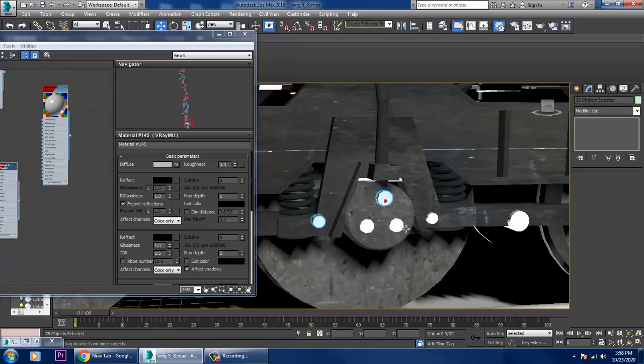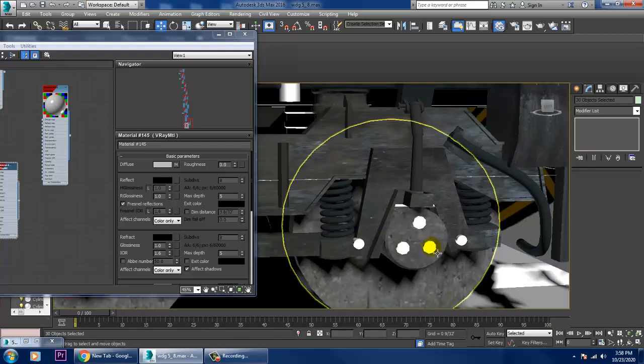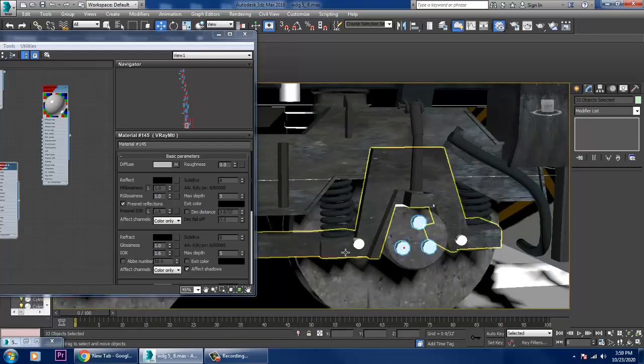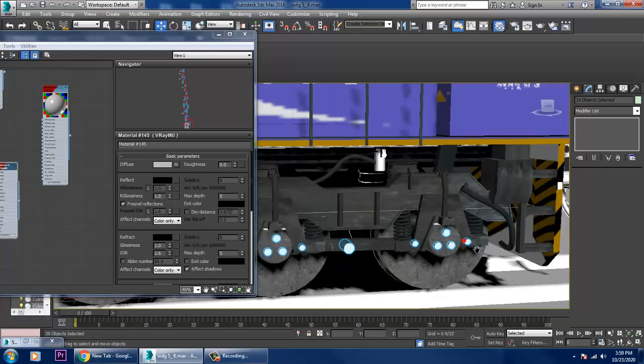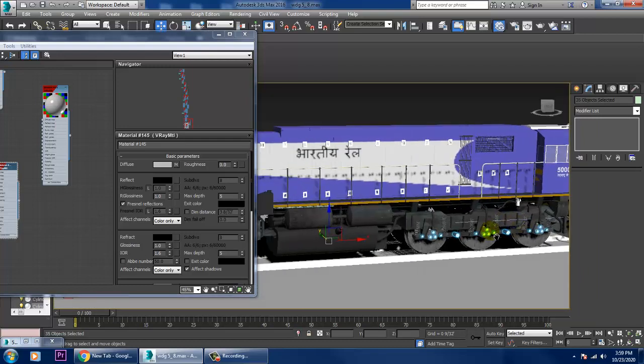So select this all, select this whole thing. So let's again go into the material over here.